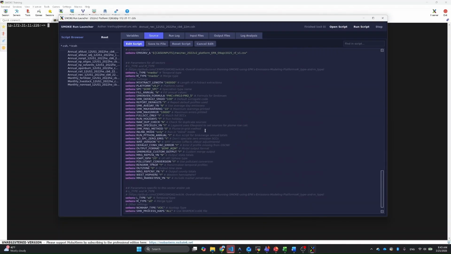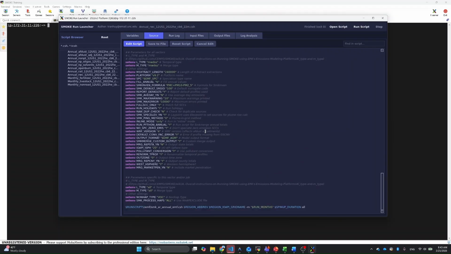Similarly, if you go to a later part of the SMKRUN script, we see there is a setting for ELP type and M type in this section, but later there is another ELP type and M type defined close to the end of the SMKRUN script. So this is the value that will be used in the emissions processing and override the earlier definition of ELP type and M type. Now, if you wonder what ELP type and M type are, as you can guess, we